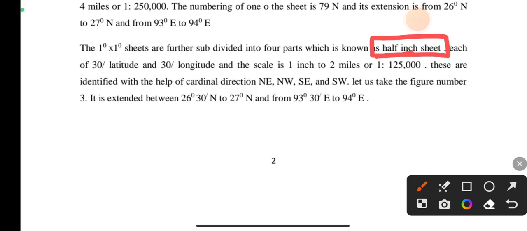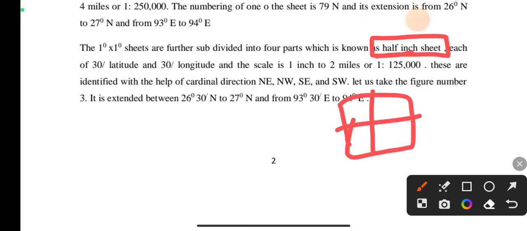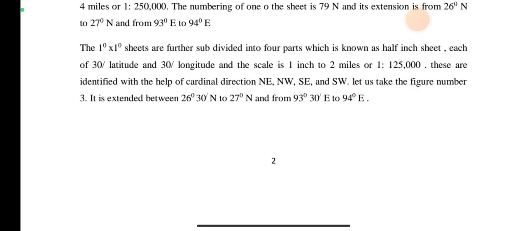We call it half inch sheet because we divided it into 2 parts, right? So this side it was 1 inch, and this side it was 1 inch, so we are getting half inch. That's why it is called half inch sheet. This is the reason. Each is 30 minute latitude and 30 minute longitude, and the scale is 1 inch